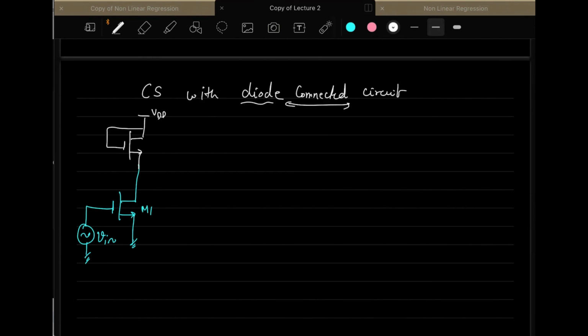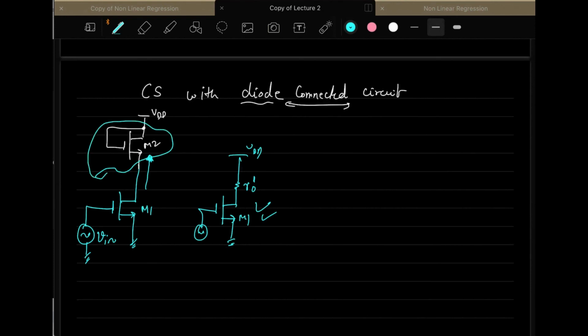You connect like this. So this is again another circuit that you have kept on top of M1, and now you know that if you can find the output resistance of this transistor, then you can replace it by it here, and then you know the answer to this particular configuration. The only thing that you require is to calculate the RO2 of this transistor.